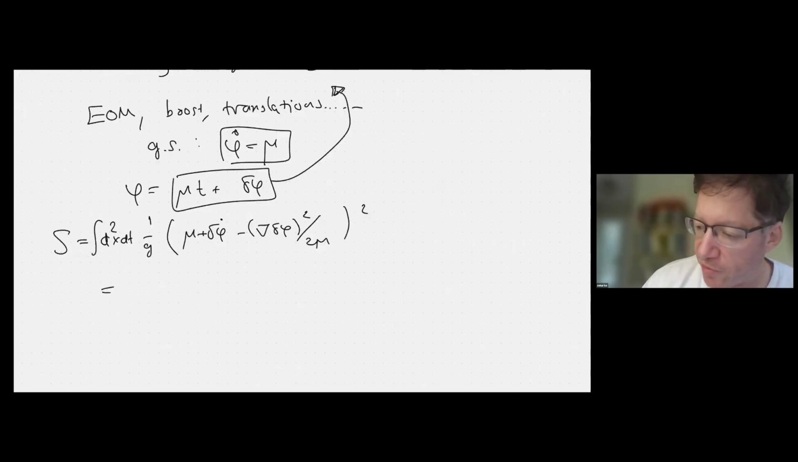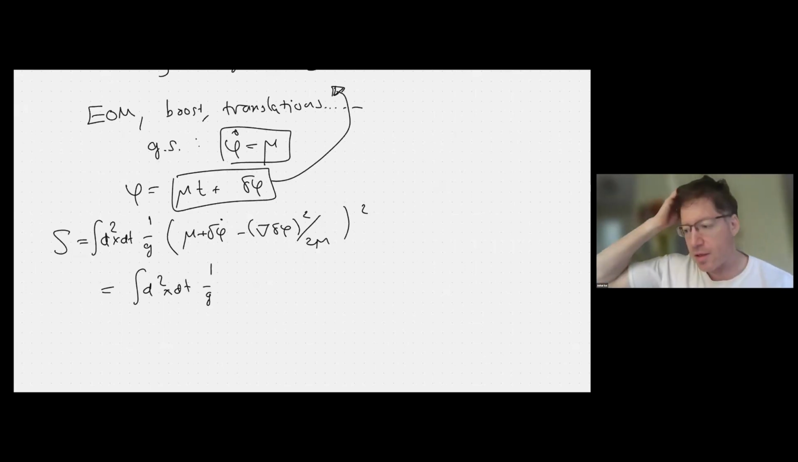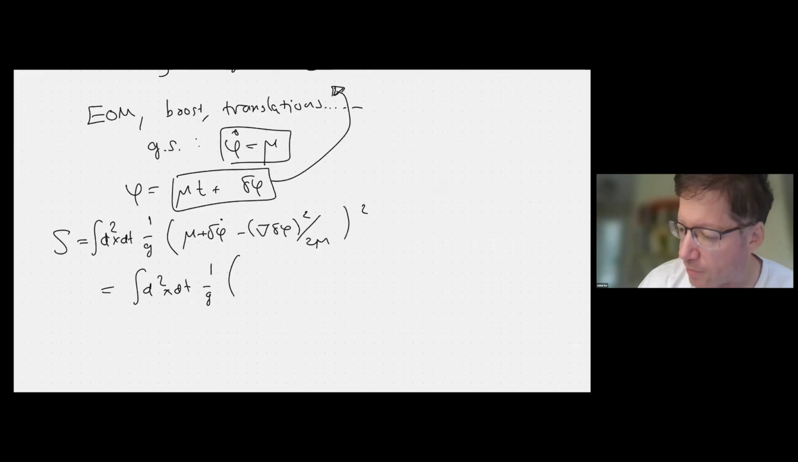So one quadratic term is mu squared. That's just the ground state energy. So we get some constant that I'm not going to keep. Then we get some linear terms, which are total derivatives, which I'm not going to keep. I'm just going to keep the non-trivial quadratic terms. So we get delta phi dot squared, and then we get,